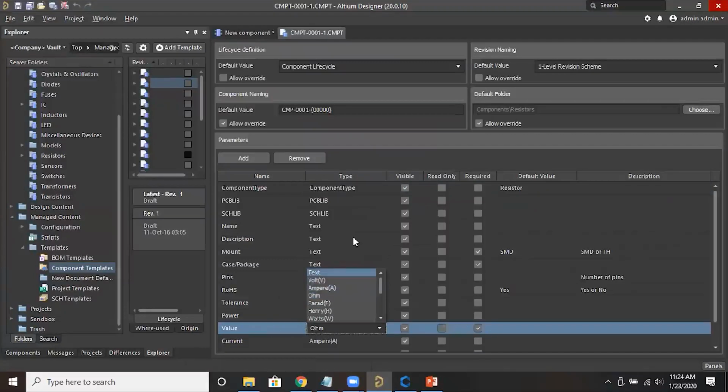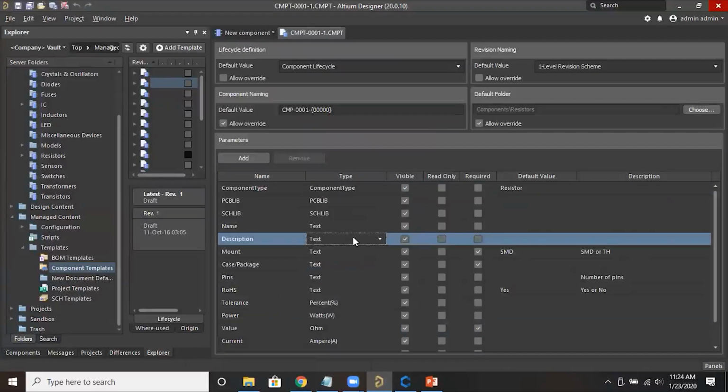And also, see, we can define whether these parameters are text, or ohm, or voltage, like that. So by mistake, if you enter another value, like I said, missing parameters, mismatched parameters, like in the value column if you mention the manufacturer name, it will not allow us to release the component. It will throw an error, like it's not a valid parameter. Okay, so that will be helpful for us.